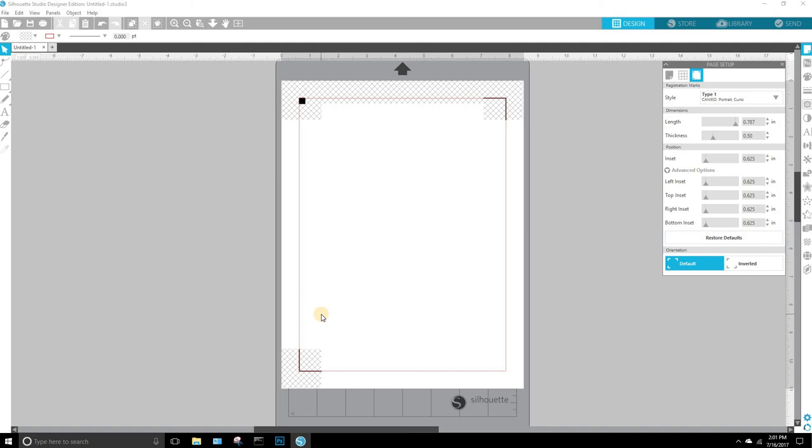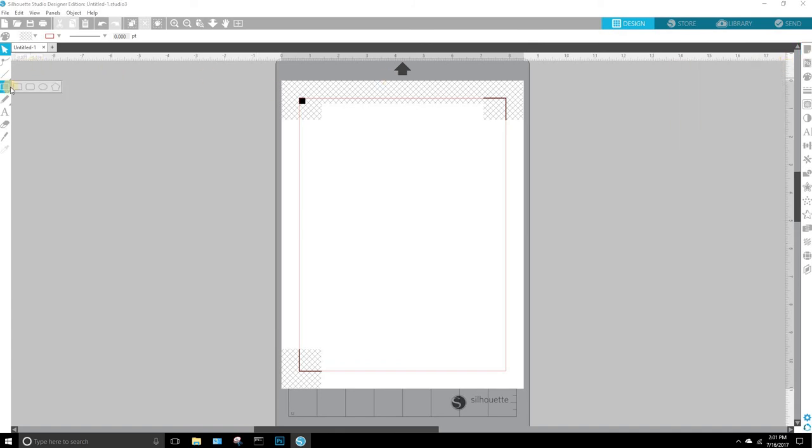So if you're just starting out and you're not sure of how to use your silhouette, I would just say leave the advanced options alone. They're advanced for a reason. Let's just say that. So we're done with that, and we're going to go over here to the rectangle on the left hand side,